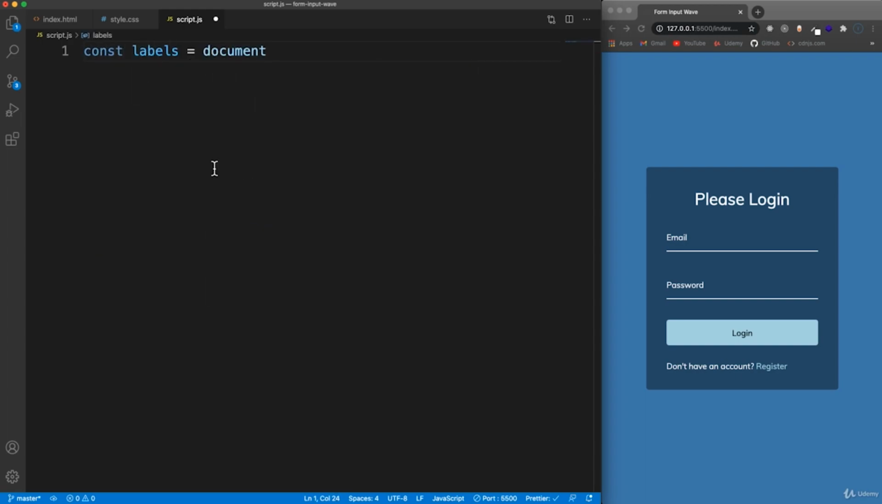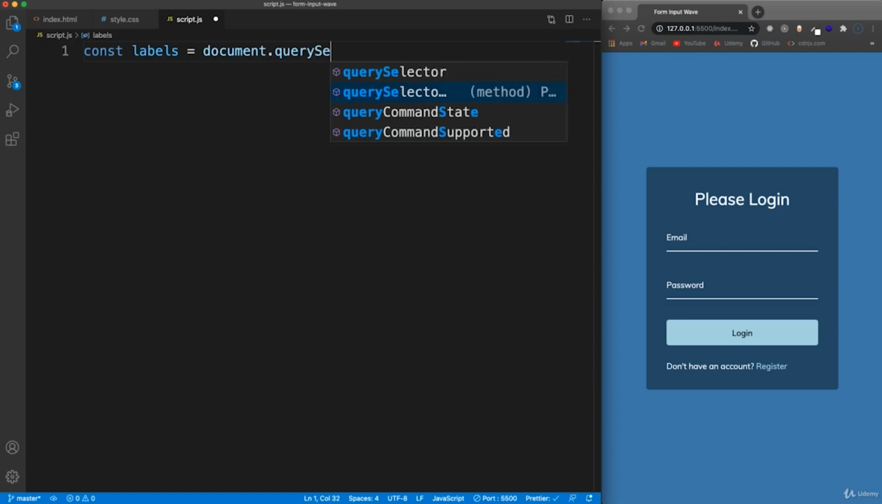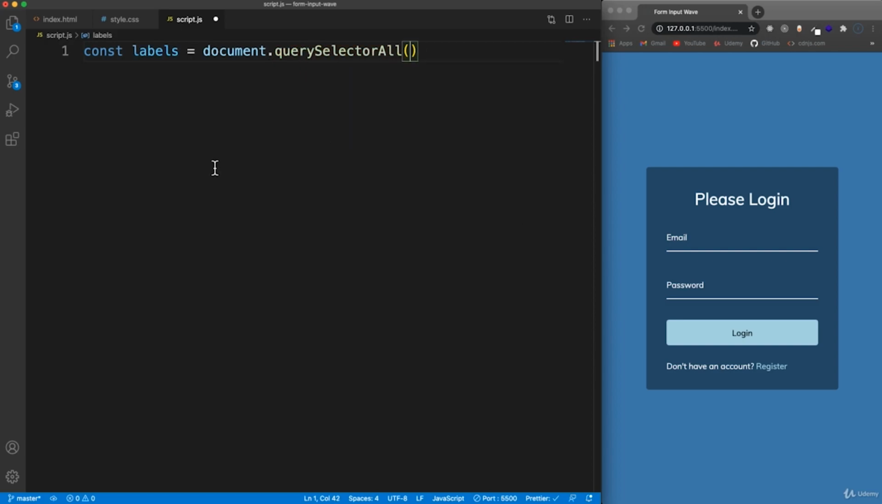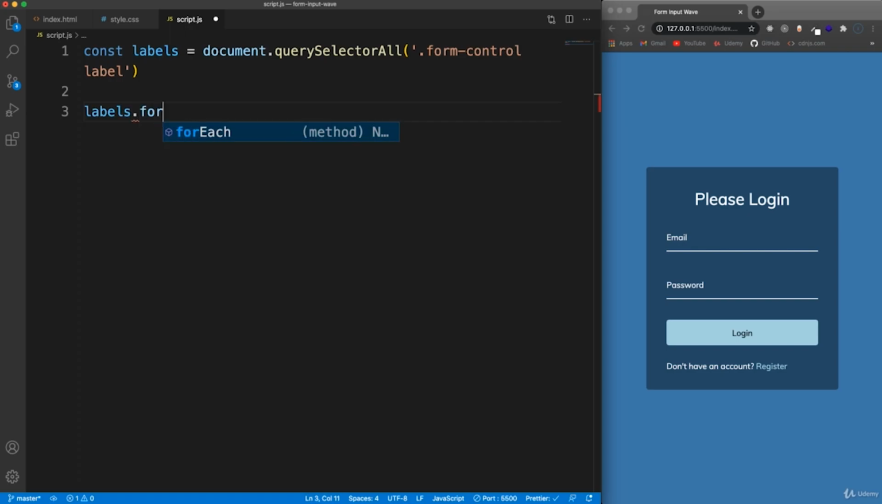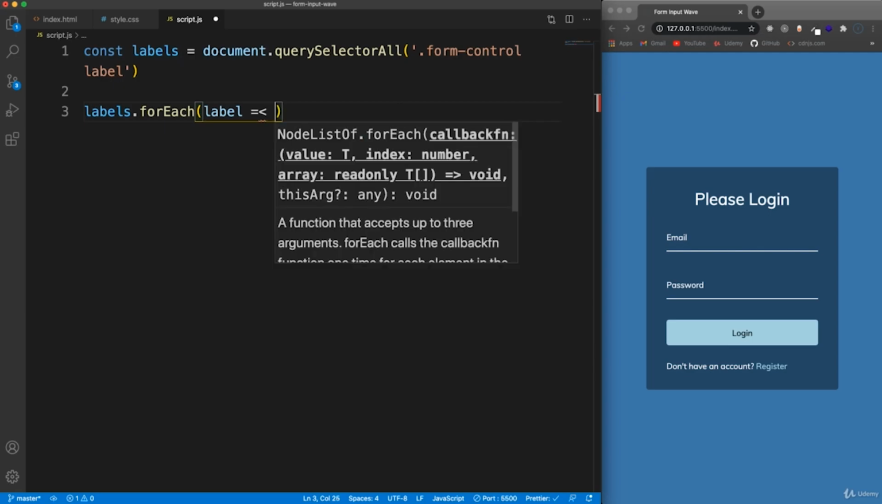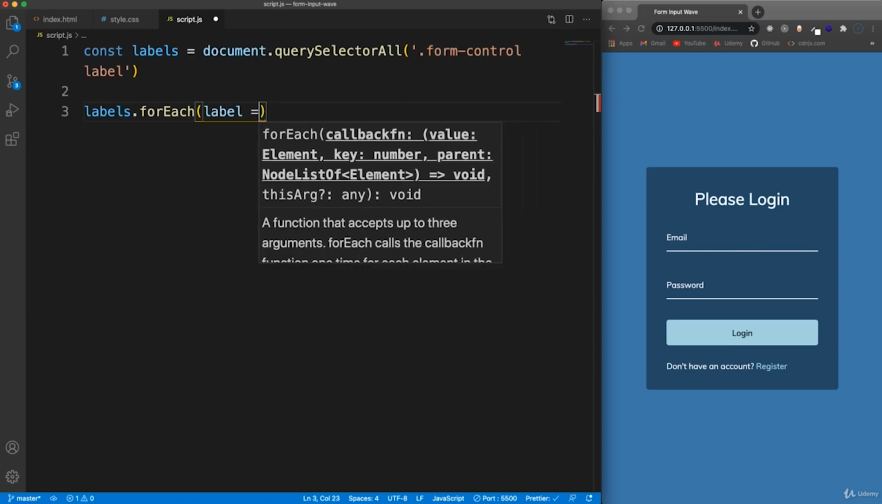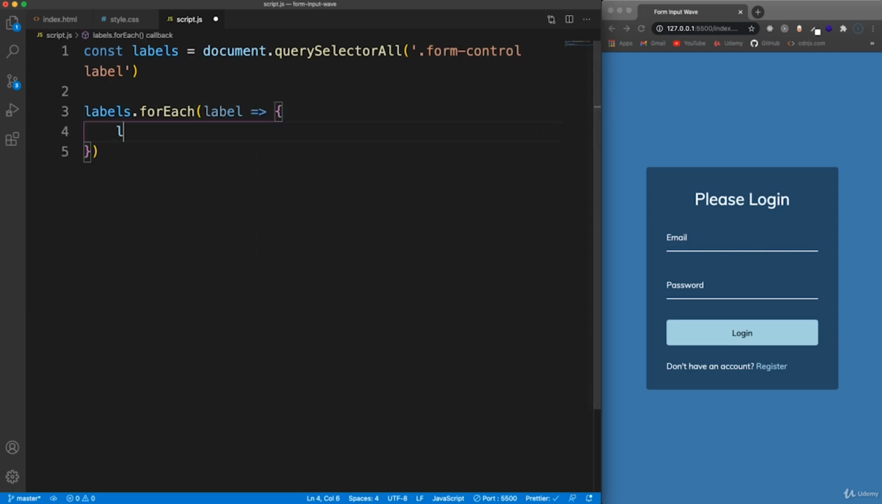So let's use document.querySelectorAll, because it doesn't matter how many labels there are, we want to get them all. So form-control label, and that'll give us a node list of all the labels. So since it's a node list, we can go ahead and use forEach on it, and we'll say for each label, I'm going to take the